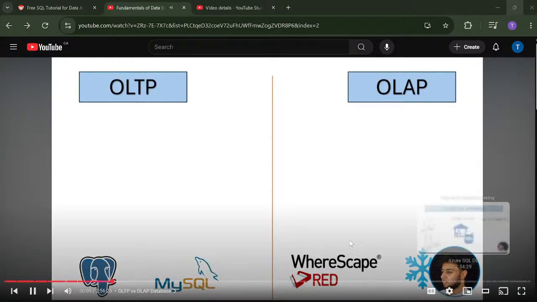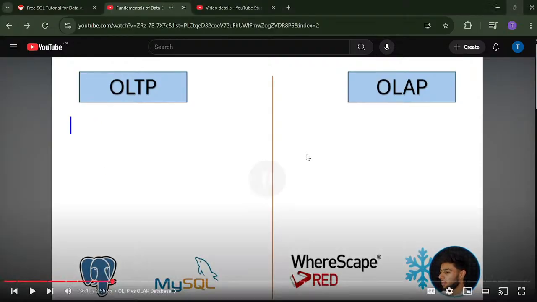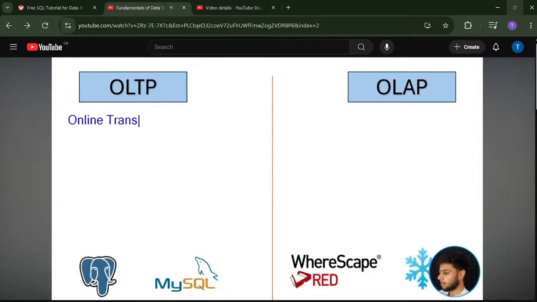First of all, give us the full forms of OLTP and OLAP because we do not know anything. Okay. So for that, I would say OLTP is online transactional processing, correct? And this is online